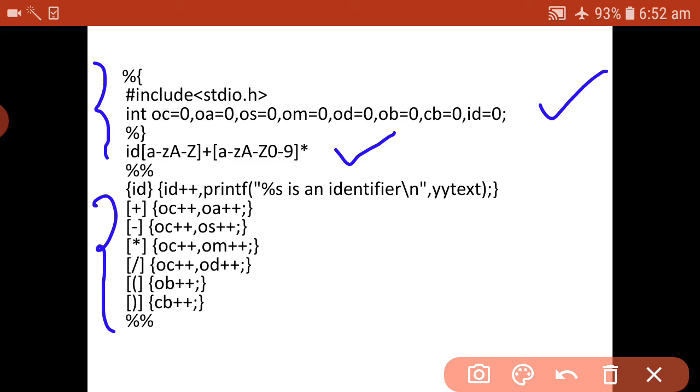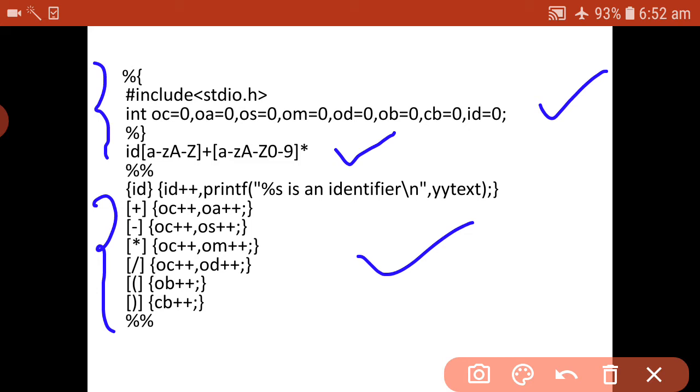If this regular expression is satisfied, then whatever variables you have assigned, we send to the rule section. In the rule section you can define how many operators there are and how many arithmetic expressions there are. See here, id plus plus, for identifiers. It is automatically incremented. Why? Because there are n number of identifiers.